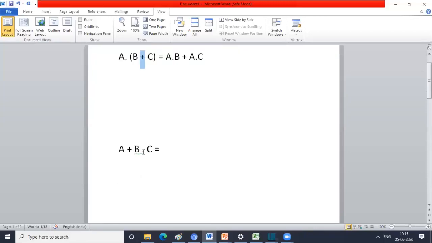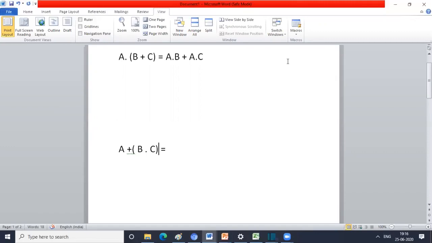Similarly, there is one more distributive property in Boolean algebra, and that is the AND distributive property. Now let's try to understand this AND distributive property. If we have an expression like this, A plus, I will write this term in bracket so that there is no confusion, A plus in bracket B and C. Again, this is not plus, it is OR operation. So A or in bracket B and C.